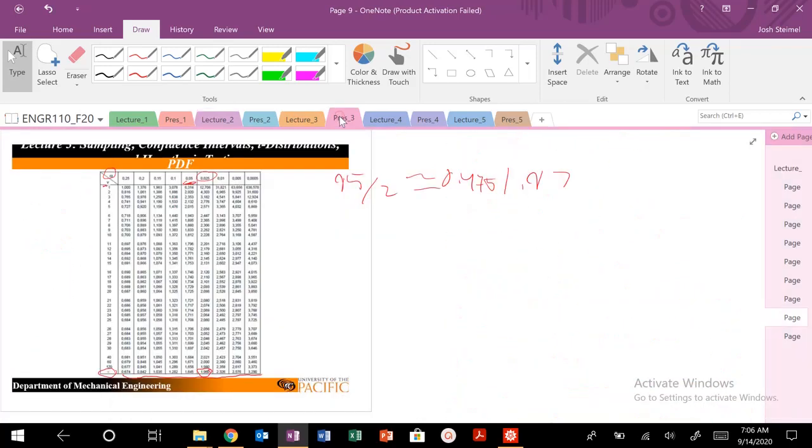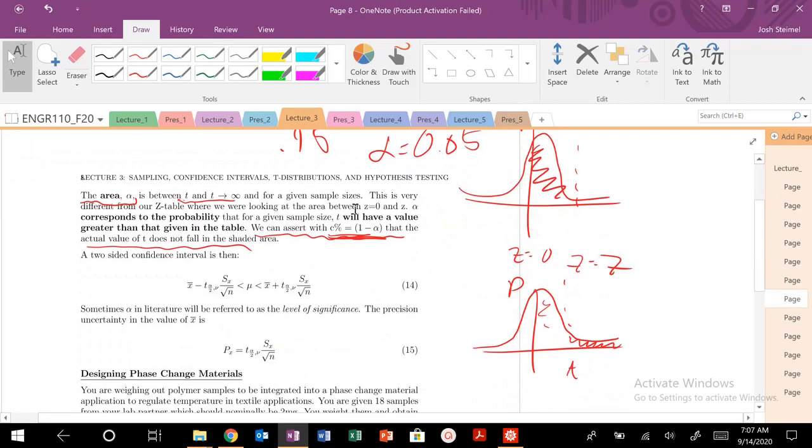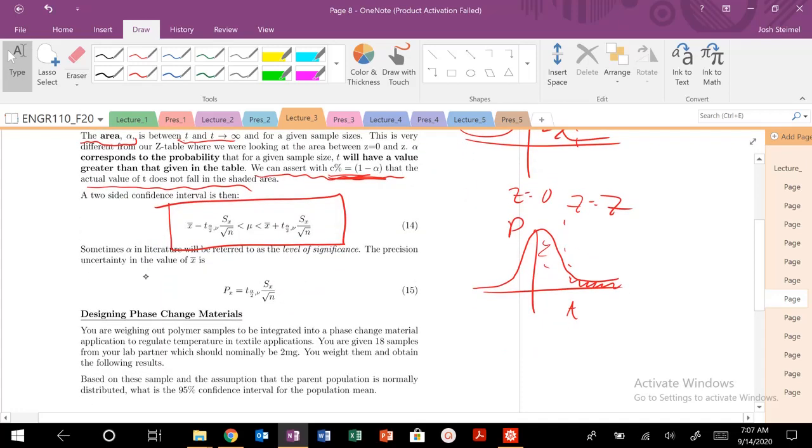And if we look over here, my confidence interval is 95%, so that means an alpha value of 0.05. Divide that by 2, 0.025. Go down here, 1.96 for Z infinity. So everything should hopefully make sense. All we have to do then is rewrite this expression for a two-sided confidence interval. That will give us essentially this value. And you have a very similar expression to express where the true population mean will lie at a certain confidence interval. Alpha will sometimes be called the level of significance.